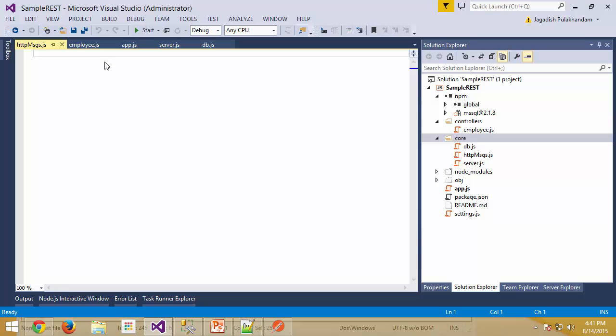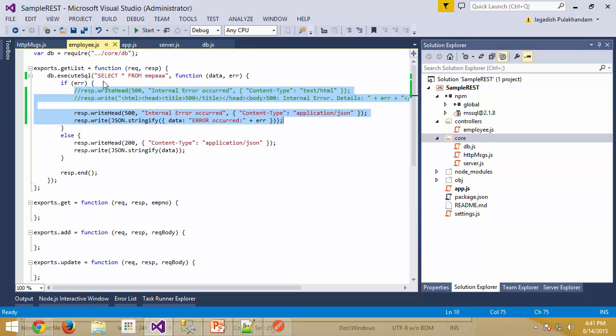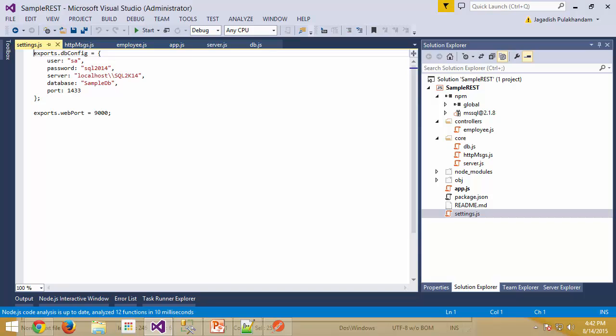And imagine as part of HTTP messages I would like to have a configuration setting in such a way that if the configuration setting is HTML, then all the errors have to be responded in the form of HTML. But if I say the setting is JSON, then all the responses have to be made as JSON. So let me modify my settings. So as part of my settings I would like to say something like